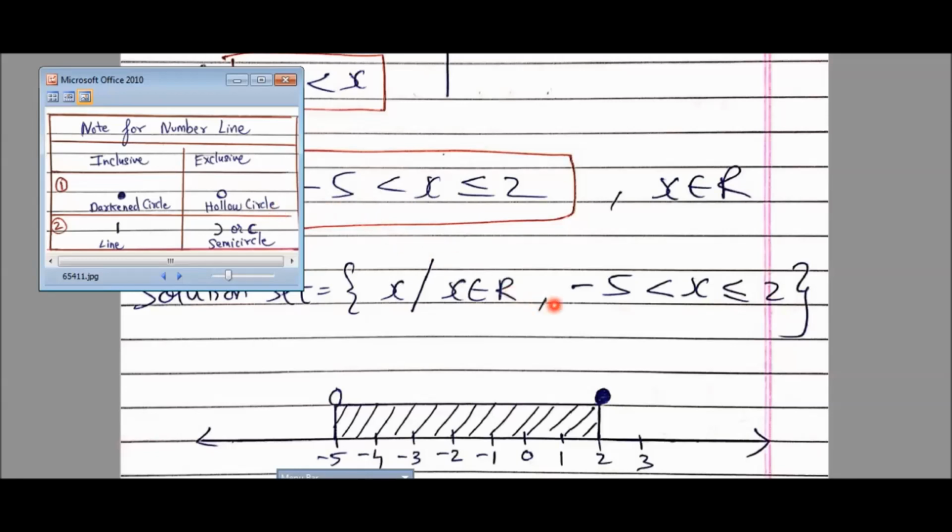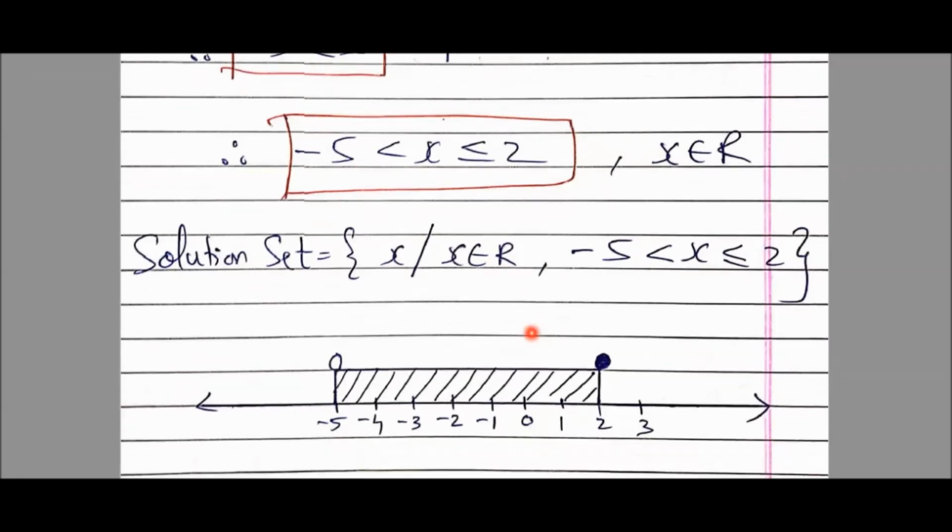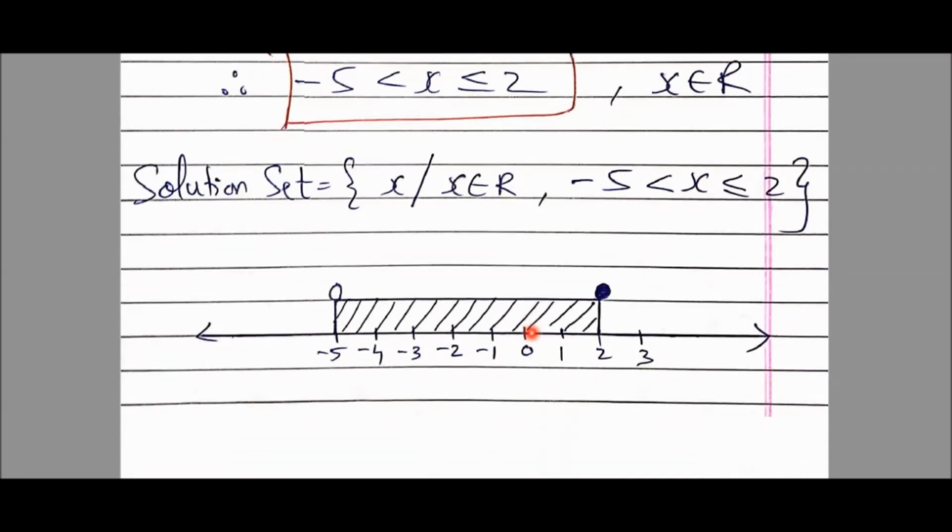So hollow circle. Understood? And here x is equal to 2. So 2 will be highlighted with darkened circle here. So see this, -5 a straight line, 2 a straight line, a bridge here, and ये hollow circle -5 पे. This hollow circle shows कि सिर्फ -5 नहीं है, मगर -4.9999 तक भी आ सकता है. And every infinite numbers I have in between them, everything within this bridge. See, you have to shade this bridge like this, and here darkened circle. Hope you are understanding, students, this. Okay, so by this we complete this 2020 question.